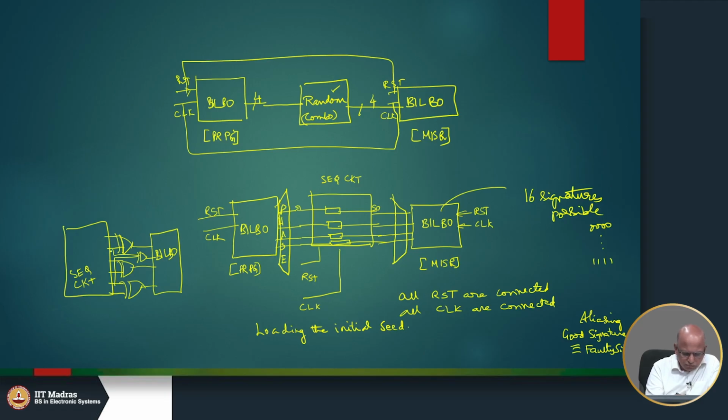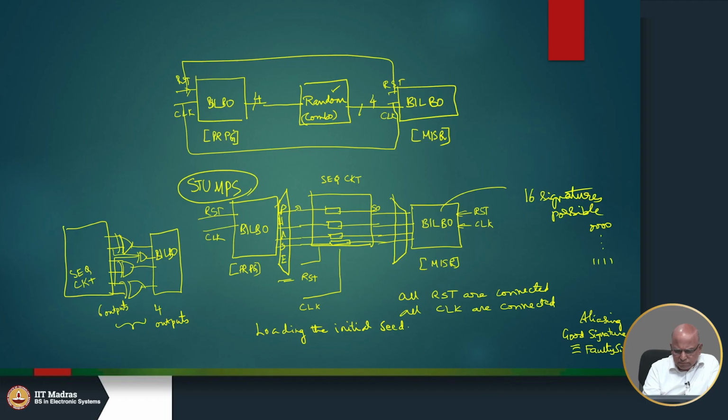1, 2, 3, 4, 5, 6 outputs. Through this XOR, we have been able to reduce it to 4 outputs. And here also we can do the reverse. So, this is the STUMPS architecture. Okay. This is the STUMPS architecture, which